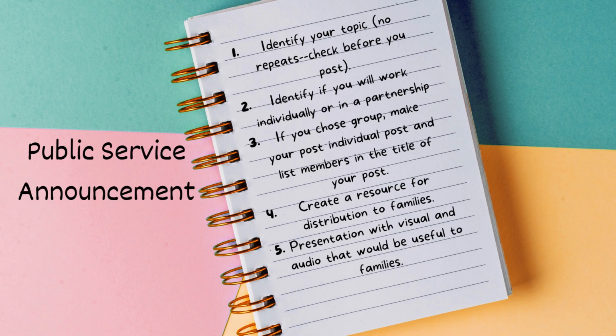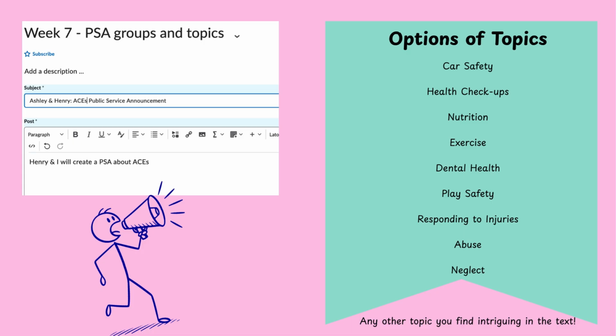We want to make sure that we have something that we could give to others, so that they could understand it better, and then giving a good audio and visual representation of why it's important, things like that. So check that rubric to make sure that you understand all the parts and pieces that go into this public service announcement. But again, you're going to go back to the discussion board. You're going to choose who you're going to do it with, or if you're going to do it by yourself, and then what you're going to present about.